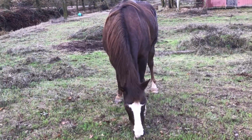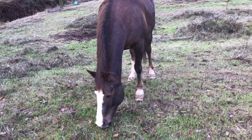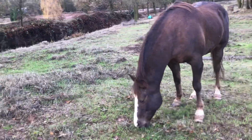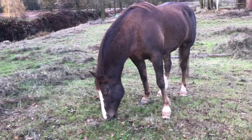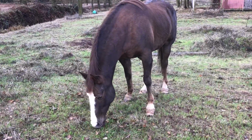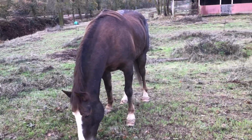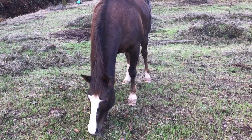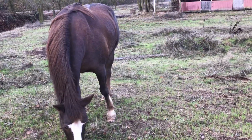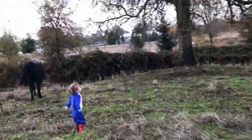Anyway, so yeah, the transportation guy's coming at noon tomorrow, we think, and we're gonna load these guys up. Although I have the trailer, it turned into quite a bit of a project, and the ramp still needs to be fixed. So while I'd like to put them on our own trailer and not have to pay, it's just not safe. It's not worth the risk, but they're going to come out and help me hook it up to my truck, and that way we can get it over to the